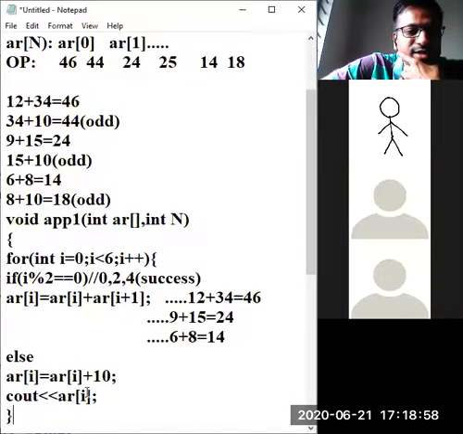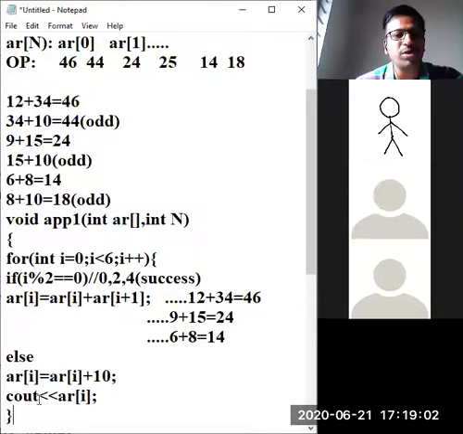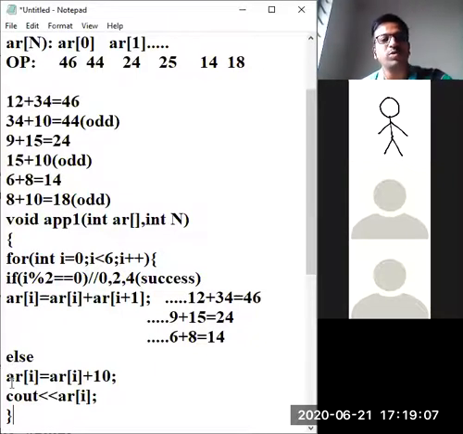Any problem here? No, no problem. Inside the for loop, inside the if only one statement is there, inside the else also one statement is there. Isn't it? If the condition is satisfied, you take it here and print that AR of 0, and then move to the next element. If it does not satisfy, go to else, do this, and again come here and print this. Like that, all the elements are printed.